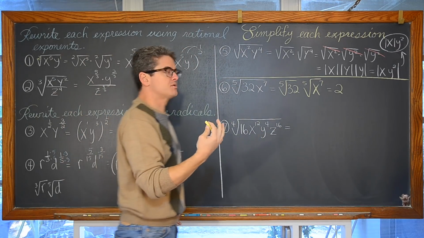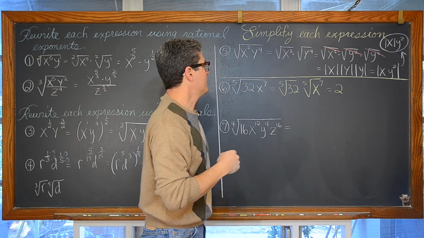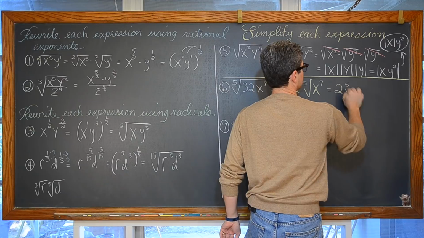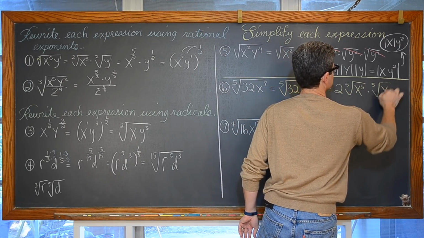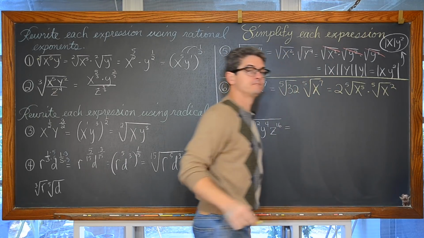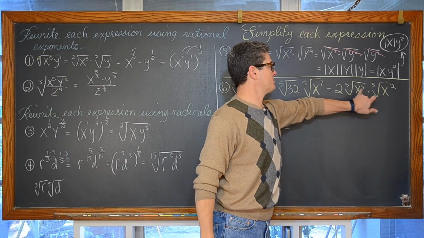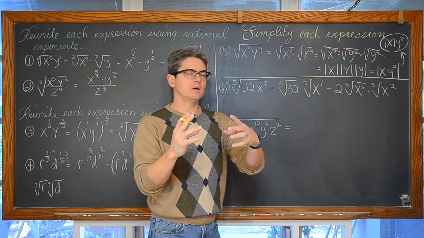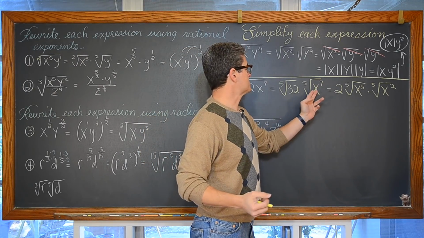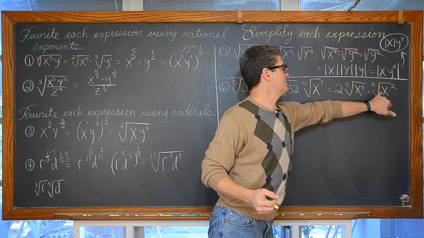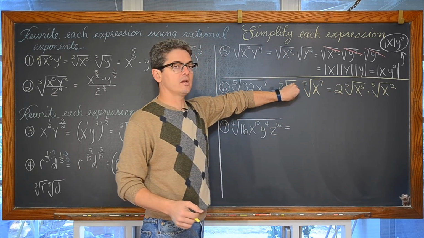And really I'm pausing because there's two ways to think about how to work out this problem. Let's keep it with radical notation. I can write this as the fifth root of x to the fifth times the fifth root of x to the second, right? Because you can't bring radicals together with addition and subtraction, but with multiplication and division you can, as you saw that I just separated it. x to the fifth times x squared is x to the seventh, so this is an equivalent expression to what we have right here.